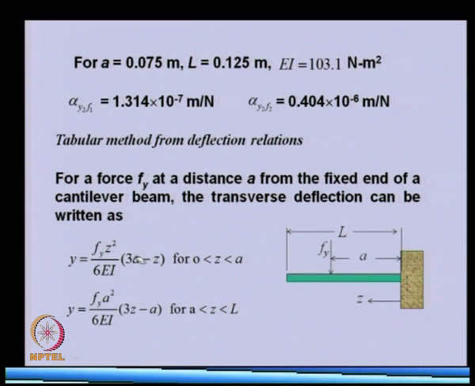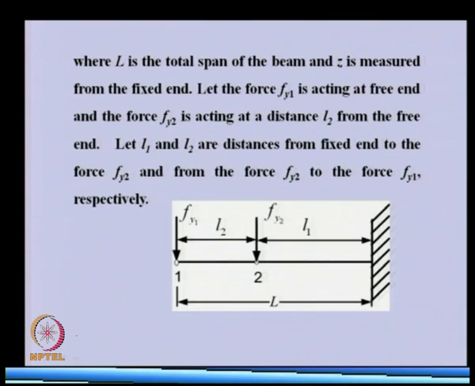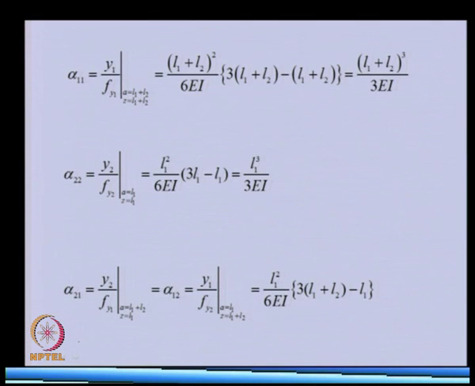Now, these two equations, which are generally available in the tables in strength of materials books, can be used to obtain the influence coefficients which we obtained earlier. So, let us see how it can be done. Two forces are acting. The first force's distance from the fixed end is L1. The distance between the two forces is, let us say, L2, and the total length is L. Now, if we want alpha 11, that means we have a force acting here,